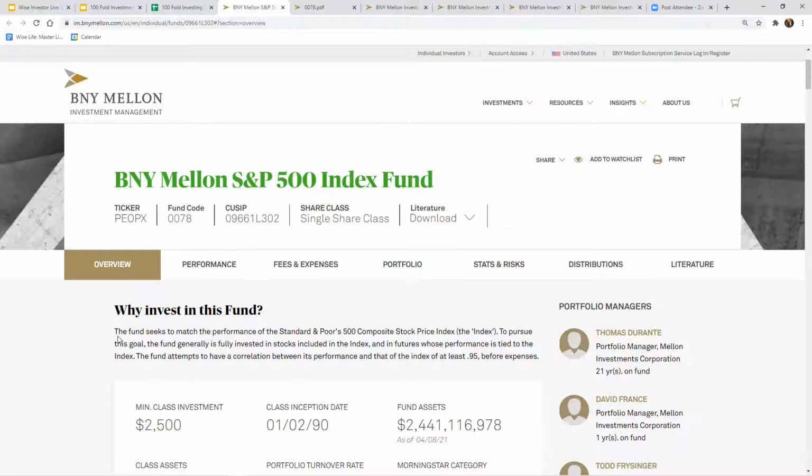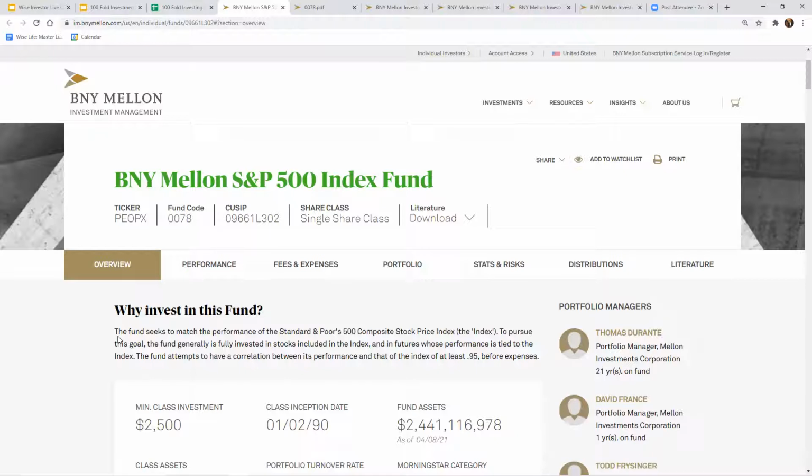So we're saying that the S&P 500 index is a list of the 500 largest businesses, measured by certain criteria. The fund generally is fully invested in stocks included in the index, okay? So they're just matching the list and investing in that. And also in futures whose performance is tied to the index.